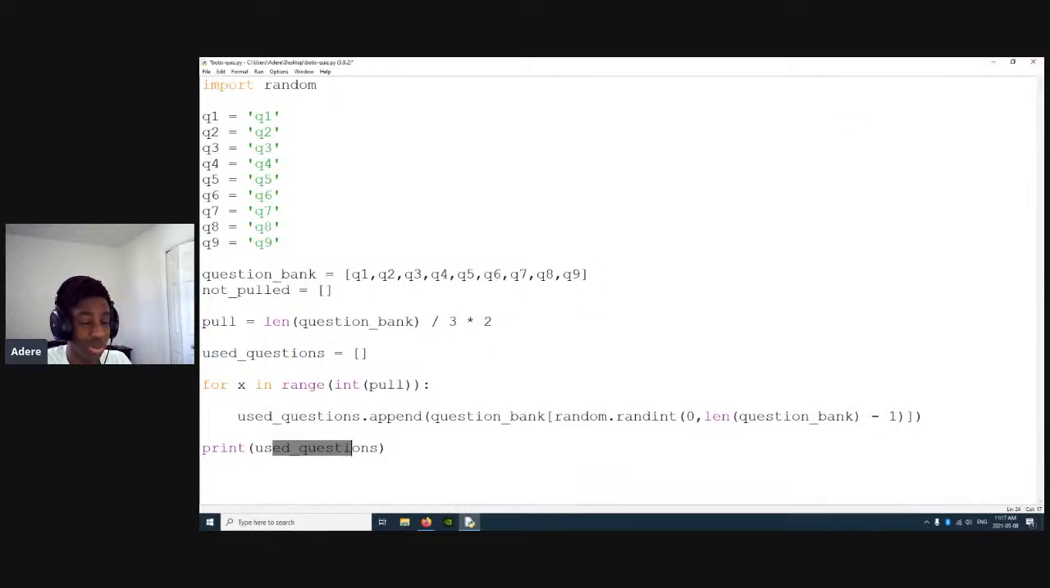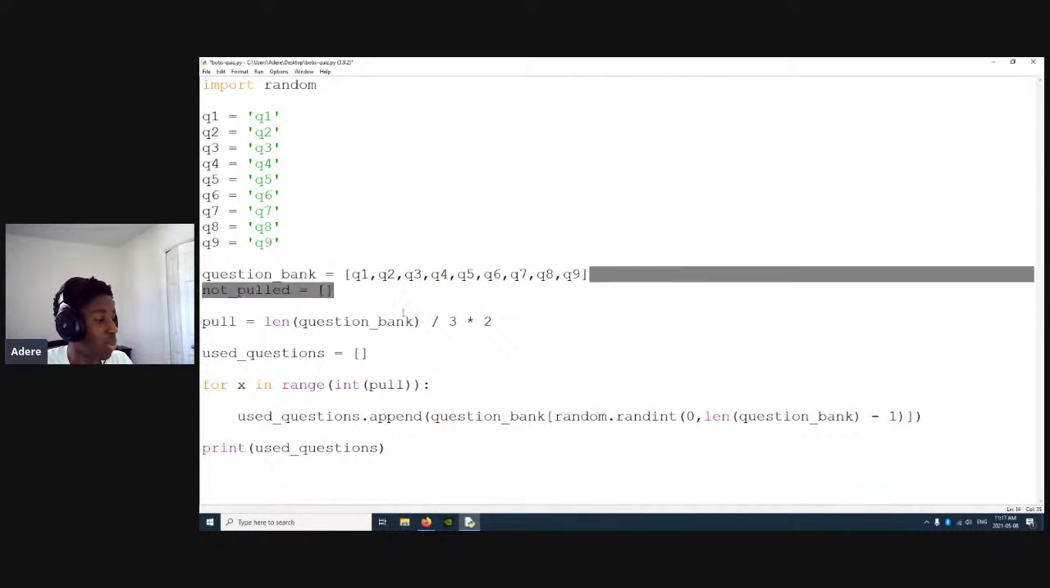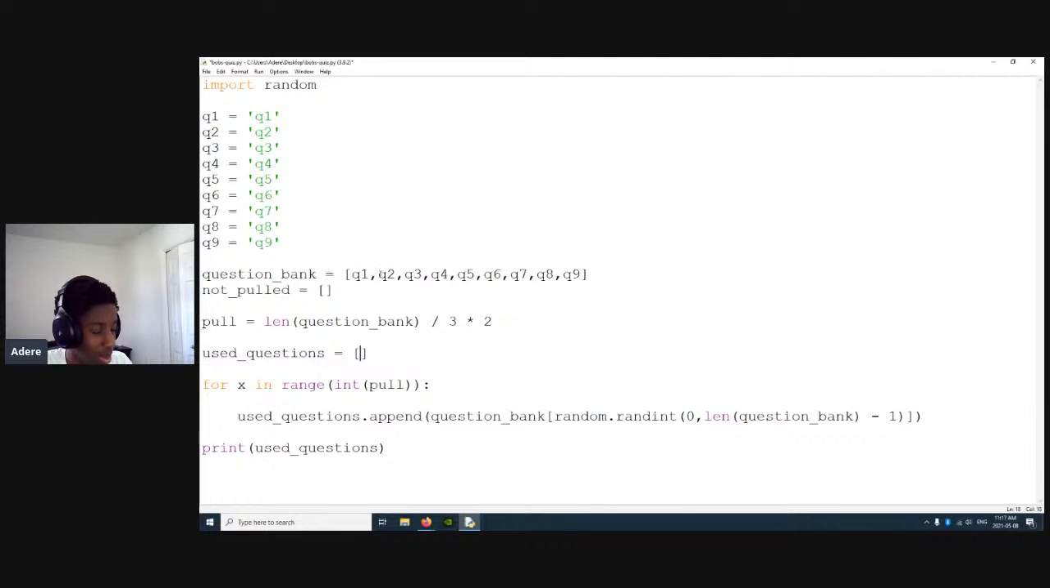If you have ideas as well, you can also put them in chat and I'll try using them. But yeah, we want unique questions for each thing we pull out. This is our question bank. And when we're putting in used questions, we want to make sure it's always unique. So let me think. To do this, we could create a for loop. And inside that for loop,